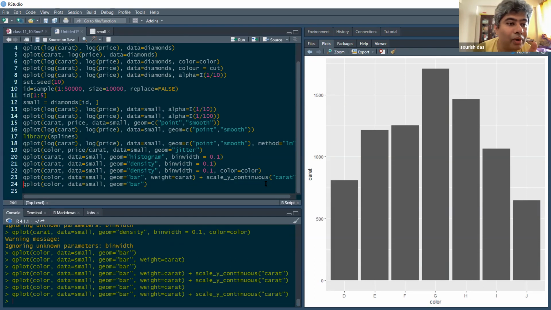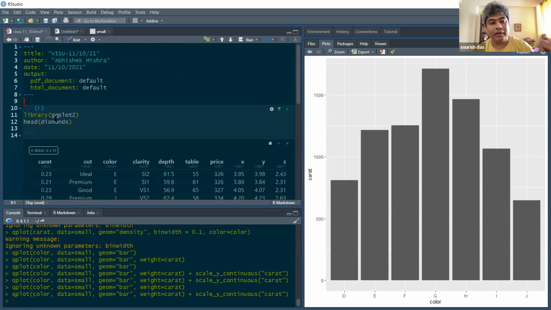So now what you can do, if you want to create a report, you can just take piece by piece and put it into your RMD file and write the comment. Below that you can write a comment.